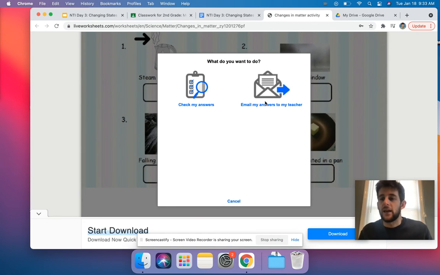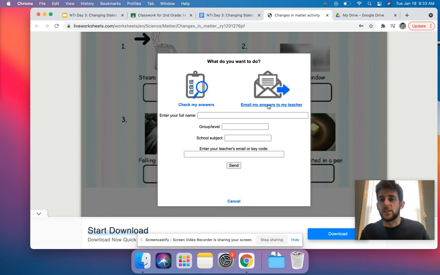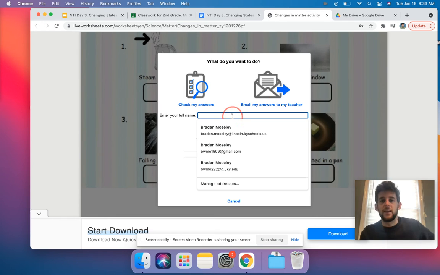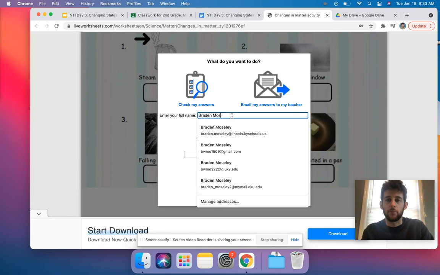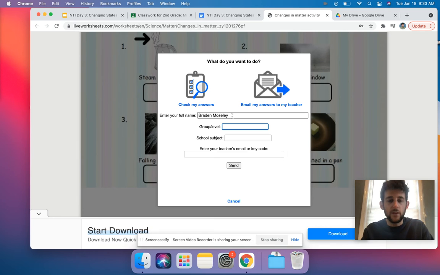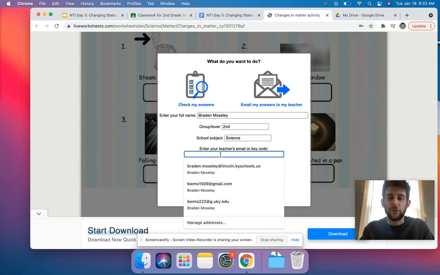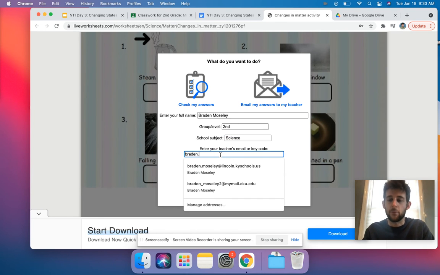And you can either take a photo of this and send it to me on Remind, or you can click where it says email answers to my teacher. And then you'll just type in your student's information so I know whose it is. And so I'm just going to type in mine. I'll say Braden Mosley, group level, for second grade, school subject, science. And then your teacher's email is going to be